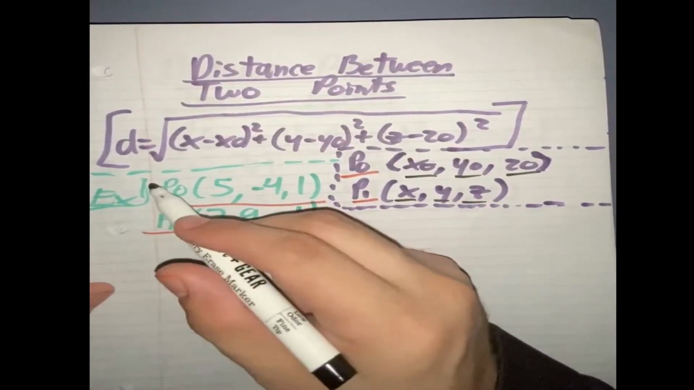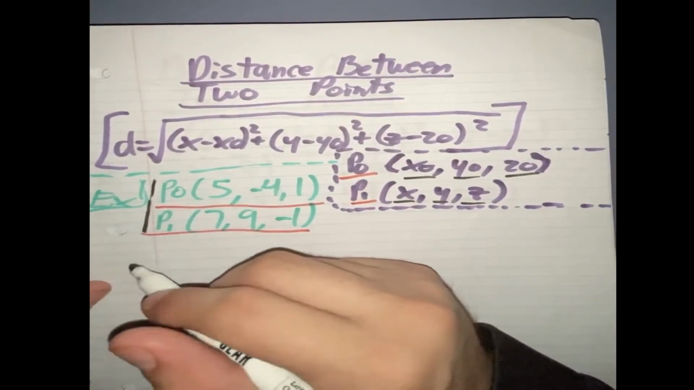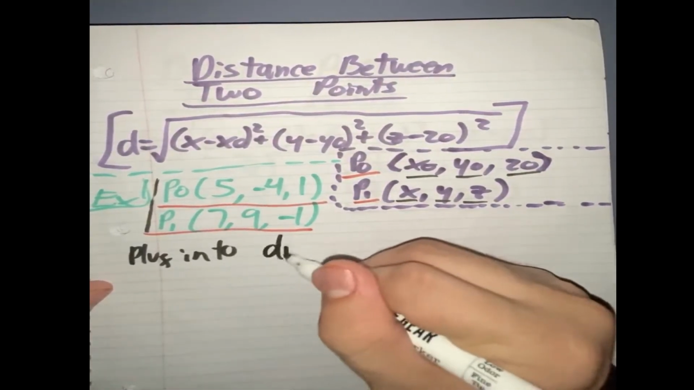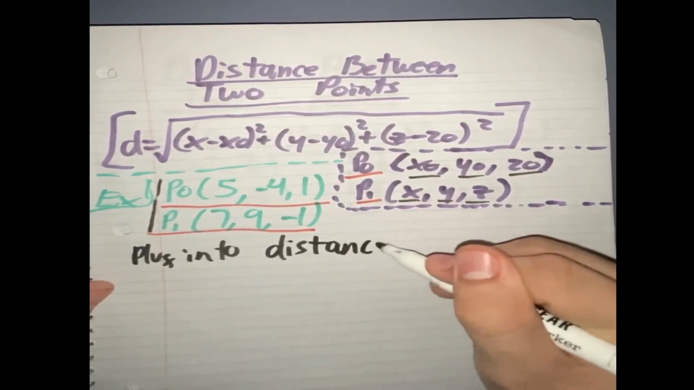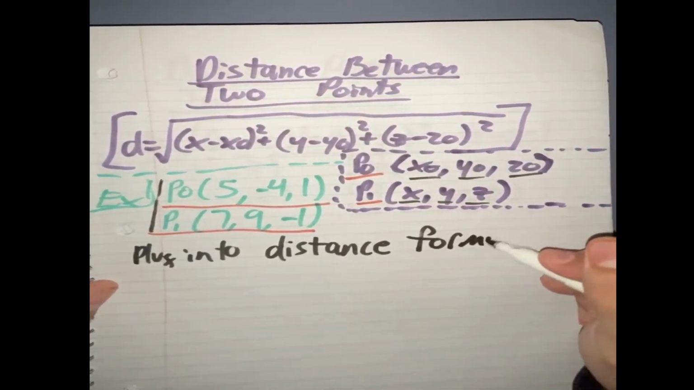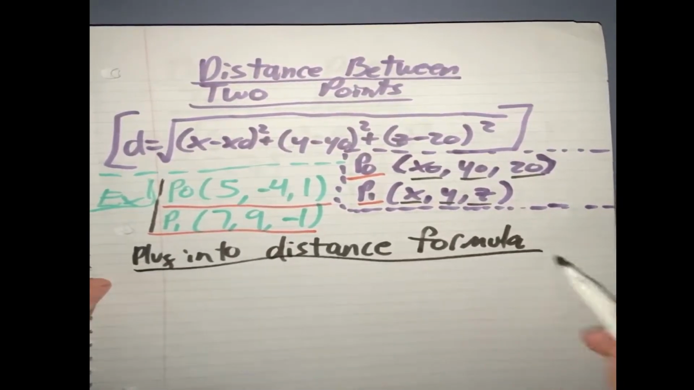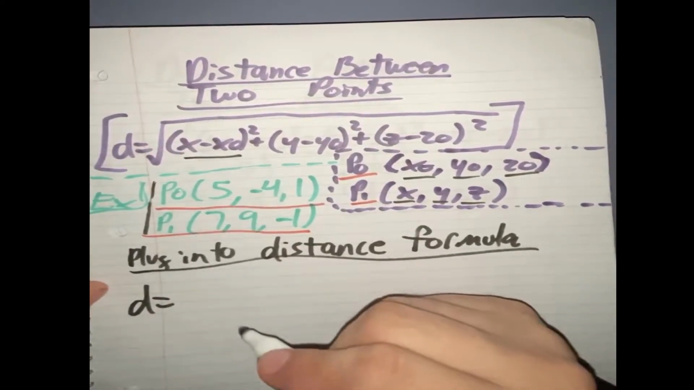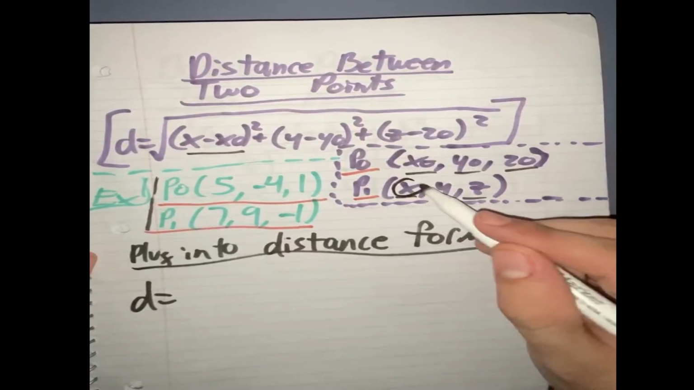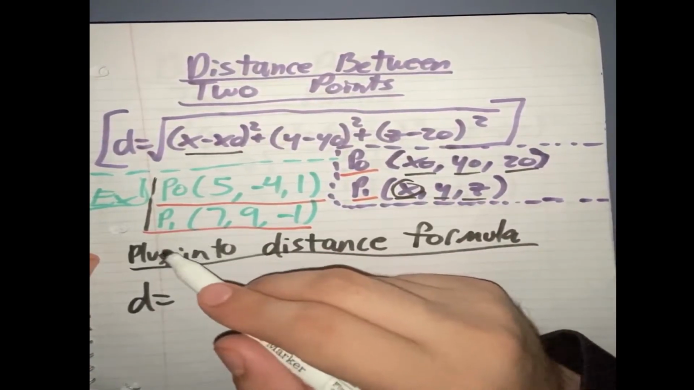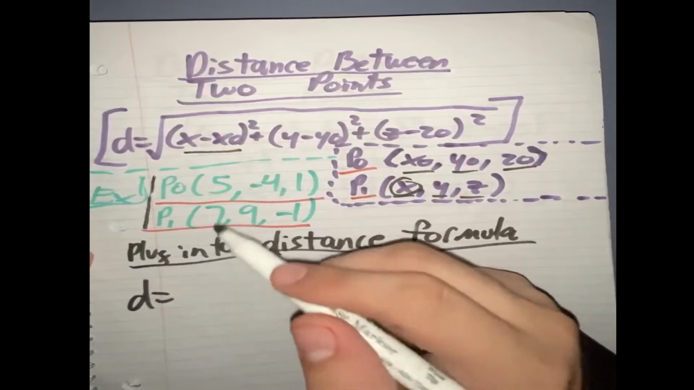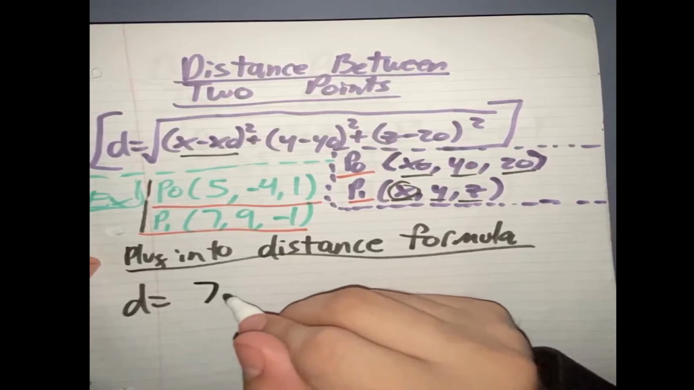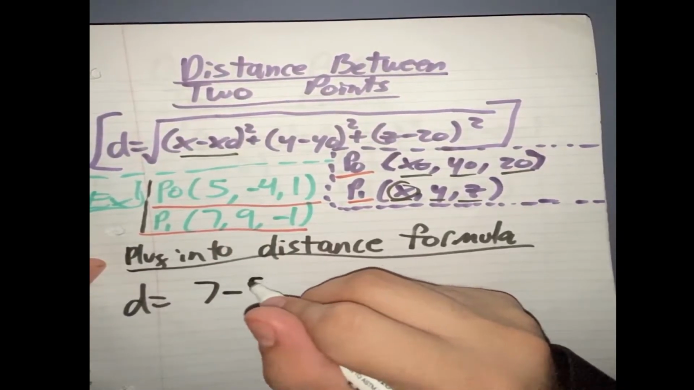So after we identified P naught and P1, the next step would be to plug into the distance formula. So that's the next step. So D is equal to X minus X naught. Now what's X? X would be whatever is part of the second point. So in this case, it's P1. So X would be 7 minus 5